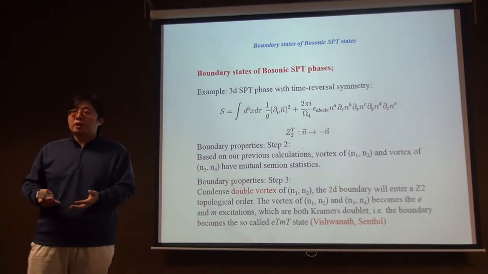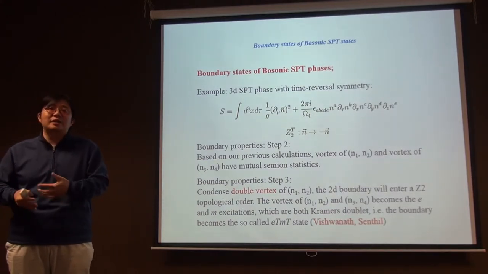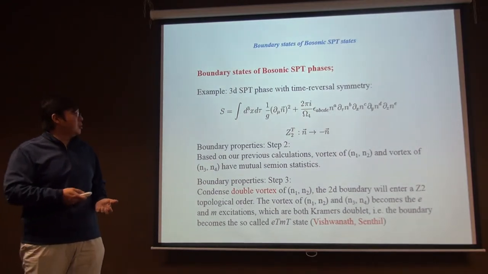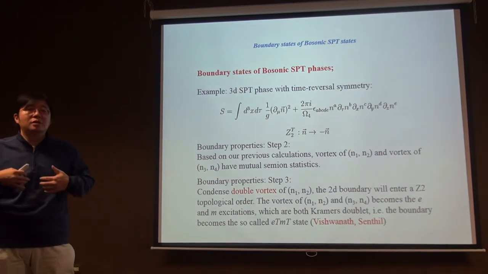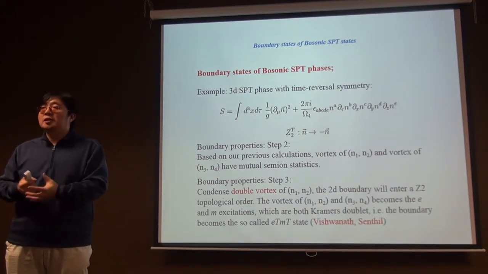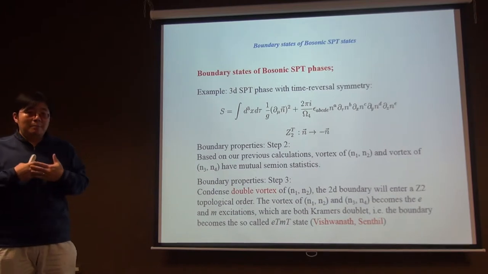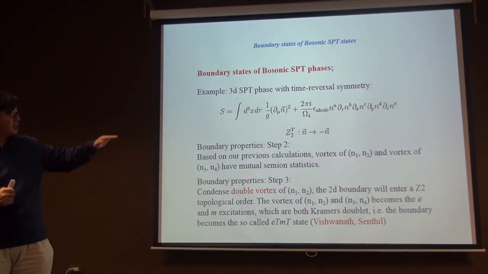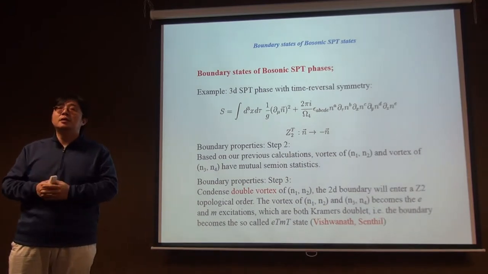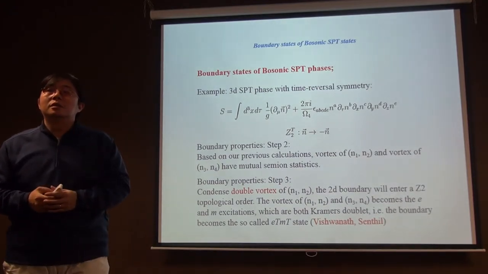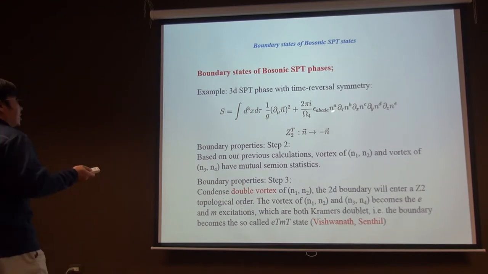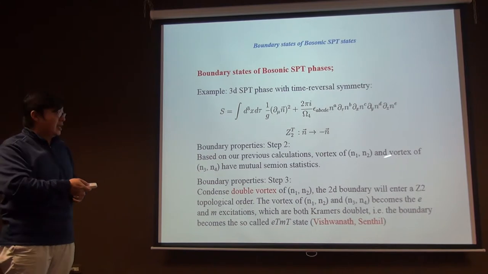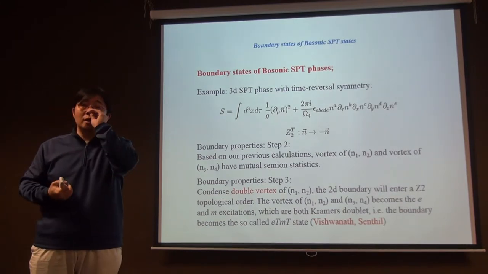But in the ordinary topological model, E and M are both trivial, and in some spin liquids, E is non-trivial but M is trivial. That's the distinction between the boundary Z2 topological order and an ordinary 2D Z2 topological order. So the most natural boundary state of the 3D boson SPT is this kind of Z2 topological order, where you just assign the Z2 transformation on those ends, and then the E and M will also carry some quantum number of those Z2,